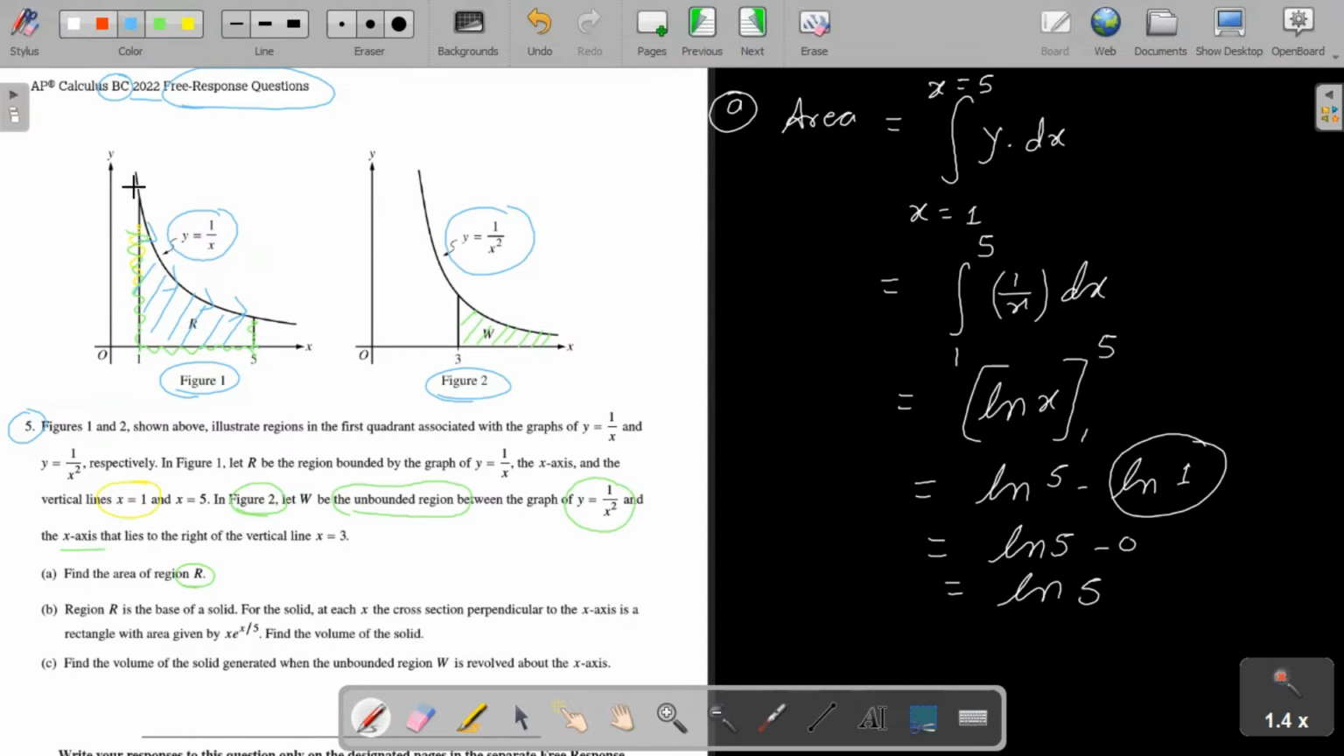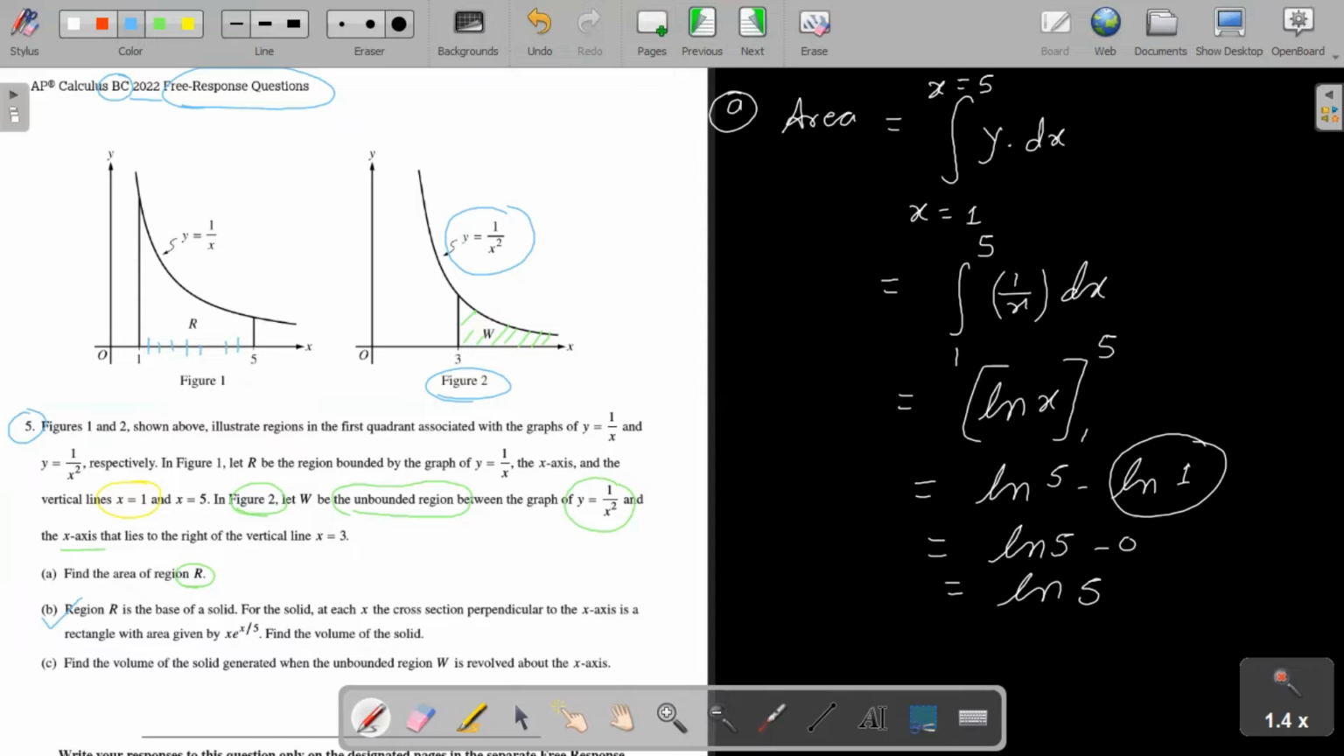Let us see part B. The region R is the base of a solid. Let us visualize this. Let's clear this graph first. The question is saying this region R is the base of a solid. For the solid, at each x, there are so many values of x, the cross section perpendicular to the x-axis is a rectangle with area given by